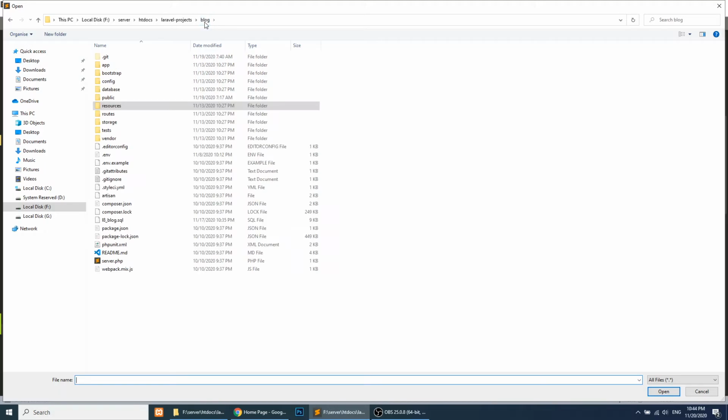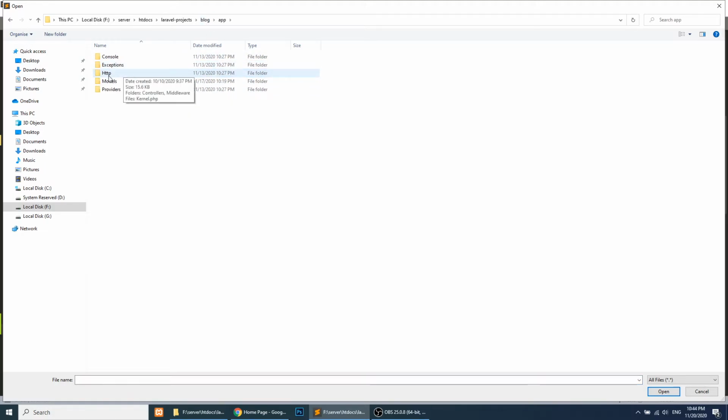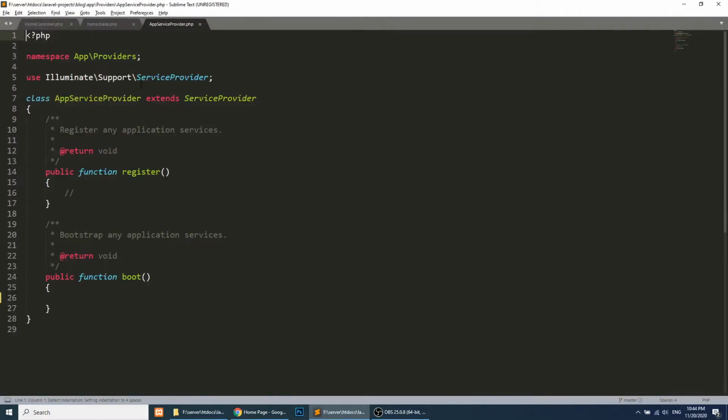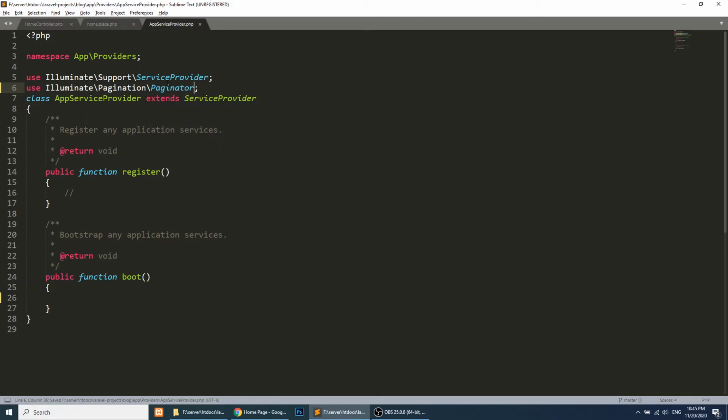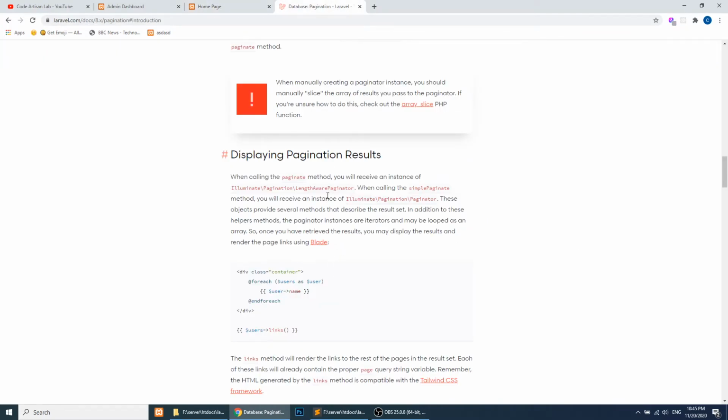So we will open providers, then AppServiceProvider, and here we will use Paginator. You can refer to the official documentation.